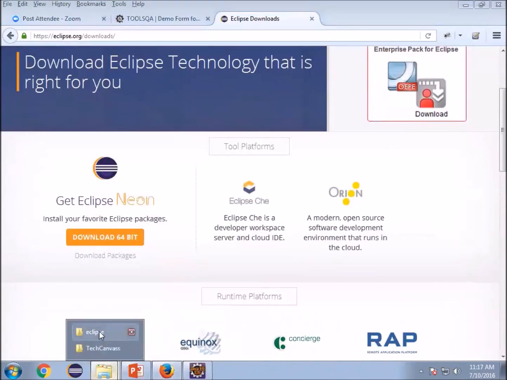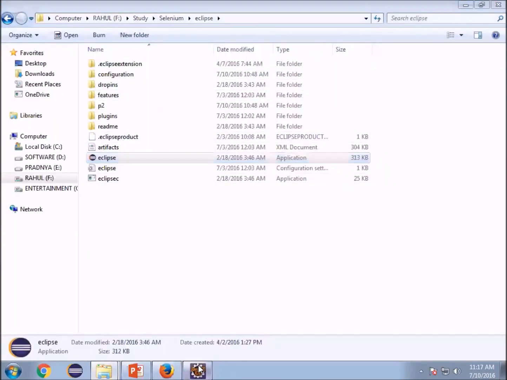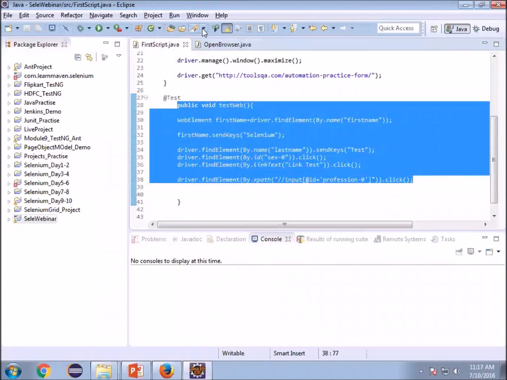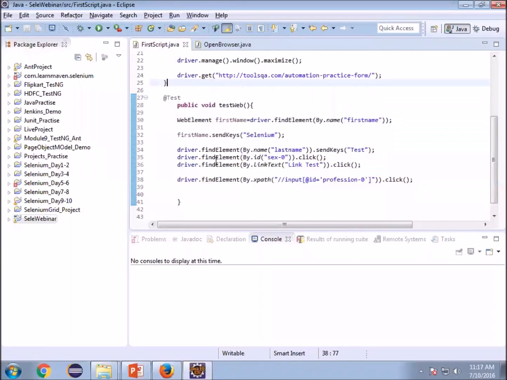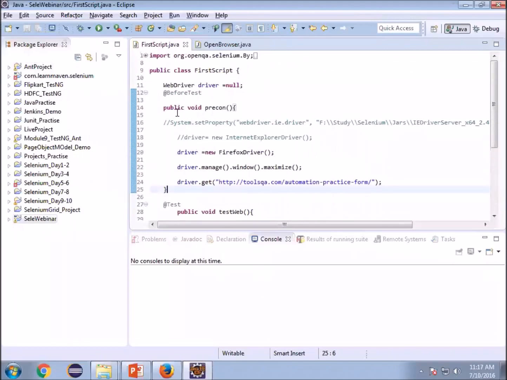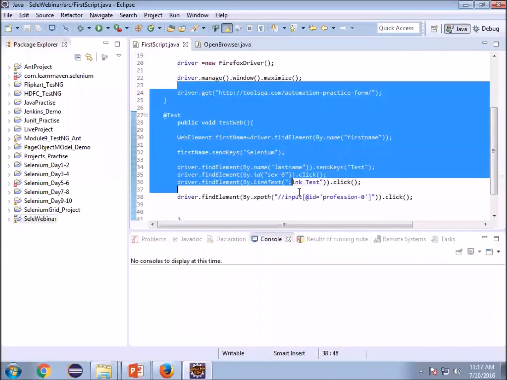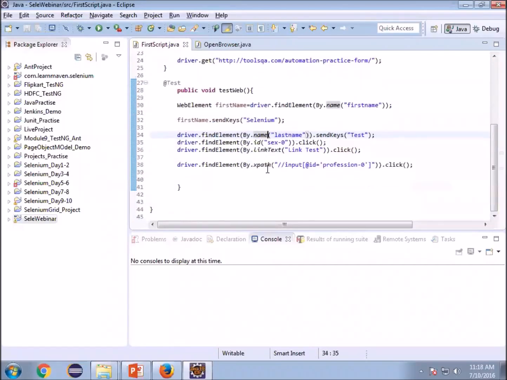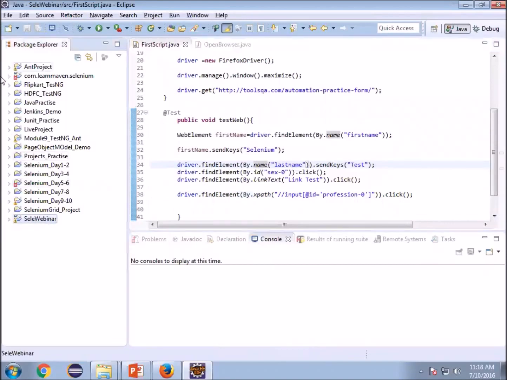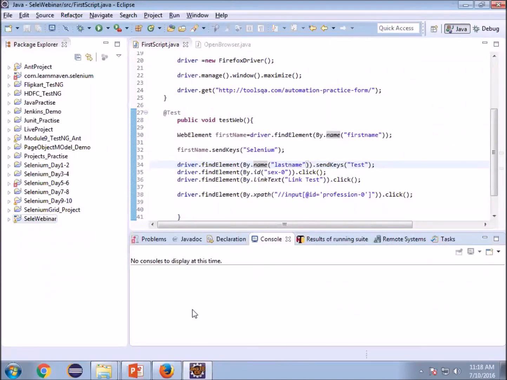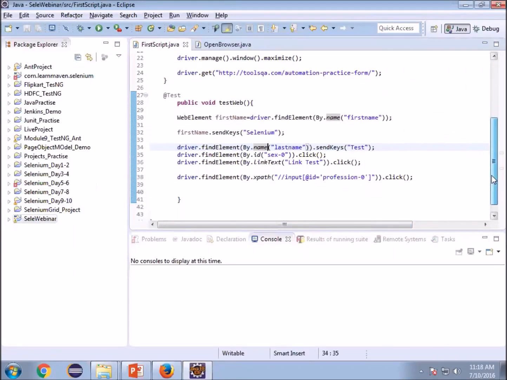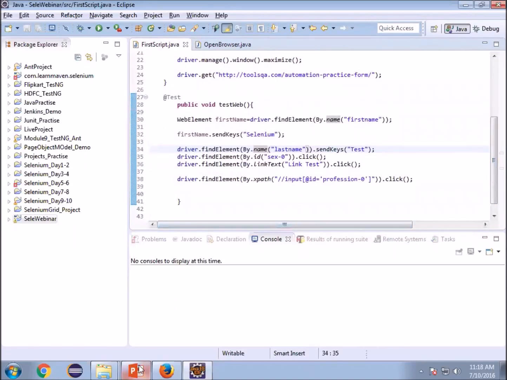So it will give you a folder structure something like this, and if you open Eclipse, you will get this window. First you will get a startup window, close that, and you will get this window. This is where we write our code, Java code or any language code. Then this is your project explorer. You will get all your projects, Java files, .class files here. Then this is your console where you will get the output. If you are printing something, you will get it here. So we will see one example.